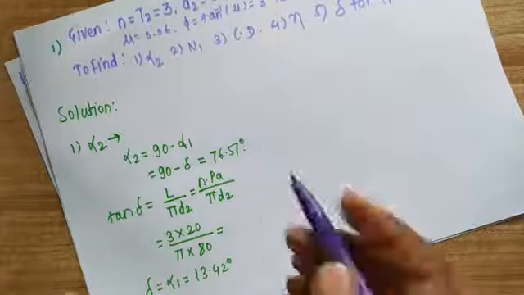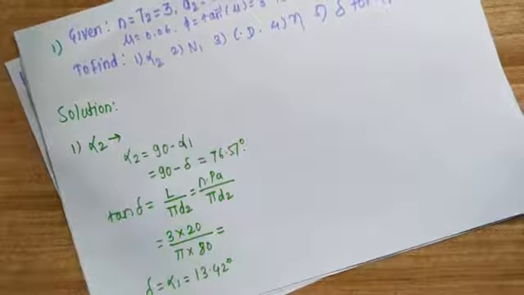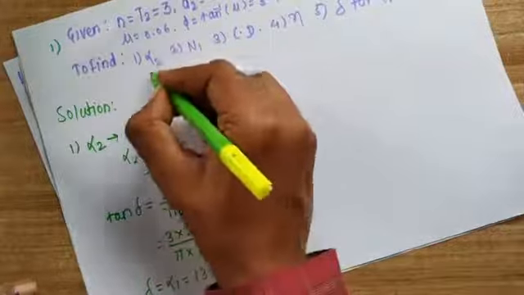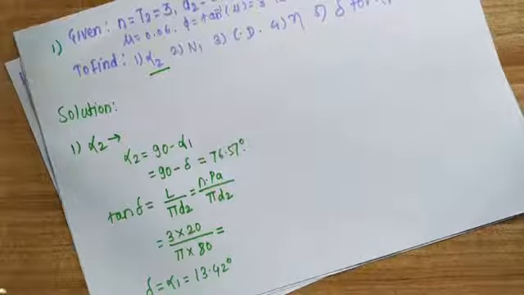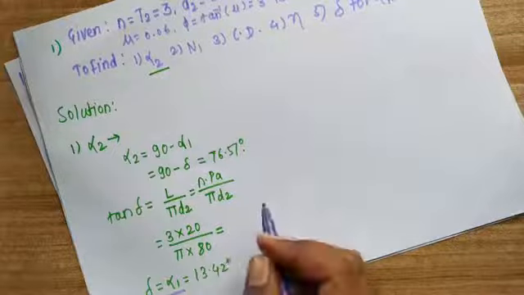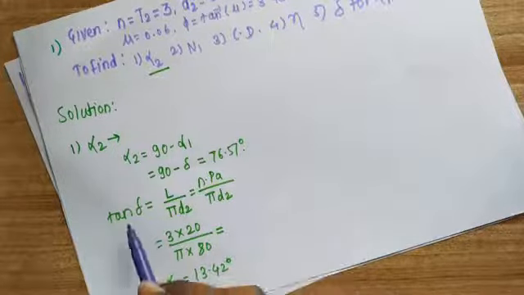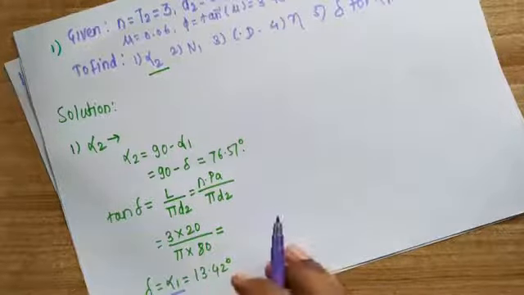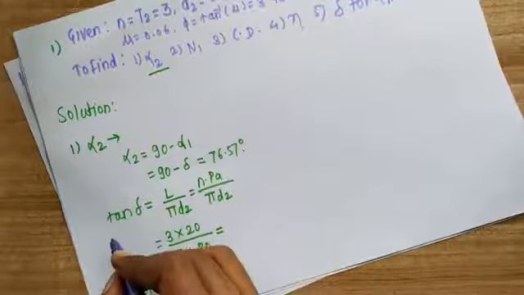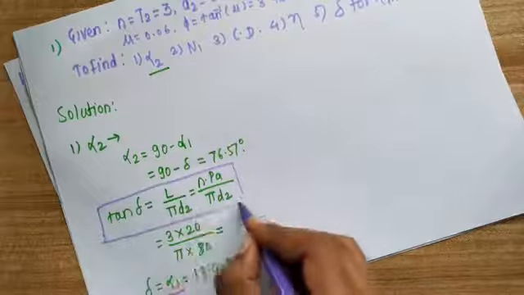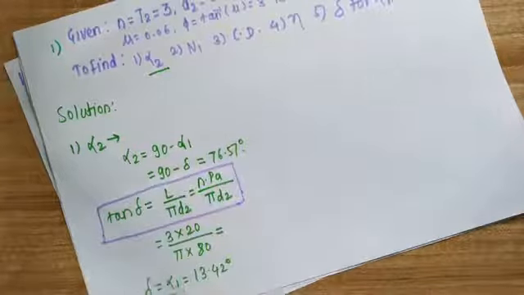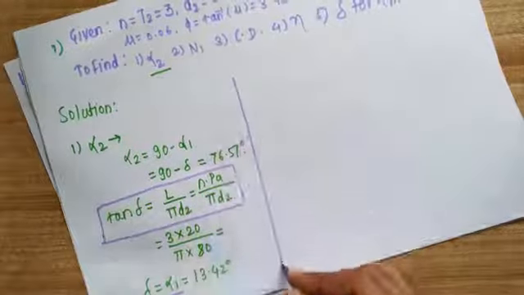Means I find out alpha 2. How do you find out alpha 2? It's very simple. Alpha 2 is nothing but the spiral angle of the worm. To find out the spiral angle of the worm, we find out the spiral angle of the gear, that is alpha 1, which is also equal to delta. And for finding delta, we use this relation. So the formula we use to find out alpha 2 is tan of delta is equal to something. We know this relation. By using this, we find out delta and hence alpha 2. So this is our first answer.